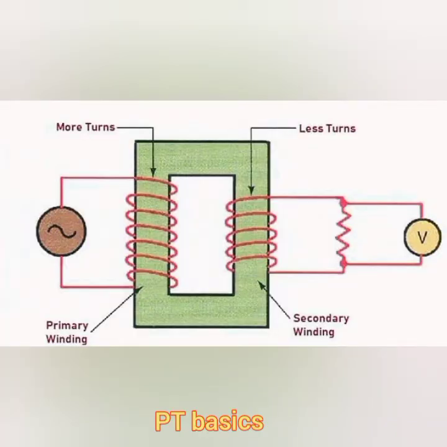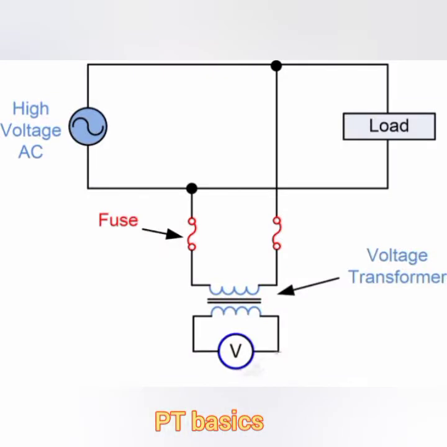This is the core type electromagnetic transformer. Here the primary and the secondary windings are wound on laminated cores. Supply is given to your primary, which means a large voltage, and the secondary will have a lower voltage of 100 to 120 volt. Then the load is connected on your secondary side, which means your measuring equipment or protection equipment. This is the circuit design of your electromagnetic type of voltage transformer.